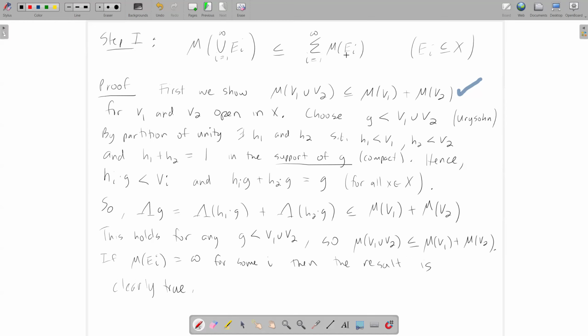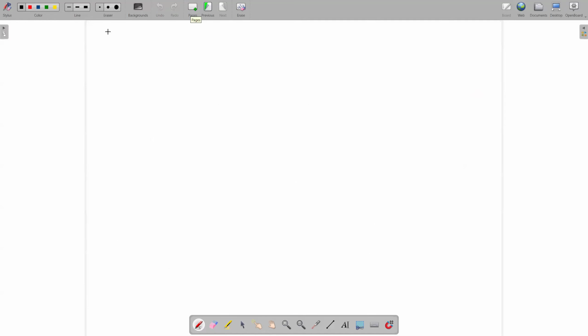Okay, so if the measure of one of these is infinity, this sum is infinity here. Anything's less than or equal to infinity. Okay, done. Now, in fact, this will also be infinity. It's just infinity less than or equal to infinity, which is fine, right? We're allowing that. Okay. So that means we can actually assume that the E_i's all have finite measure. So let's go ahead to a new page and do that. So now assume without loss of generality. Okay, that's what WLOG stands for, without loss of generality,